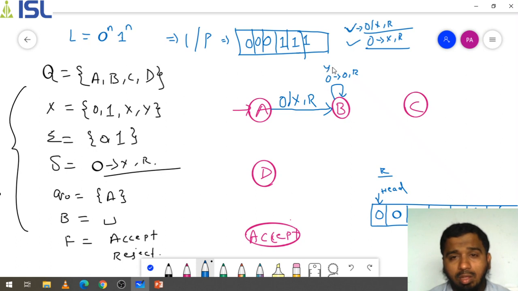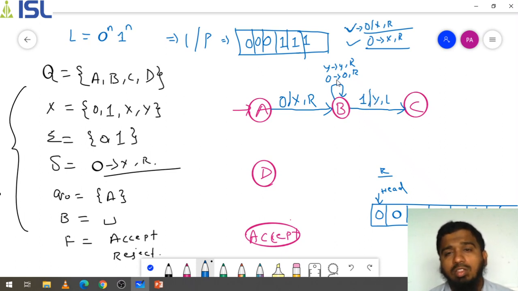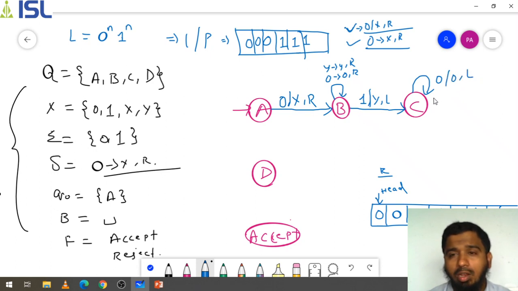or y comma R. I will explain this. So, here it is going 1 comma y comma L, not comma slash. You can use slash or this symbol, it doesn't matter. Next is 0 to 0 comma L, y comma L,